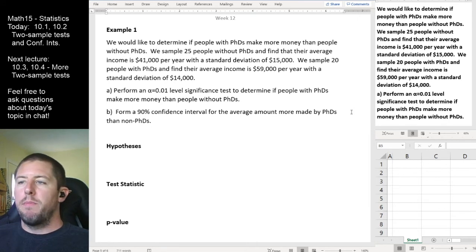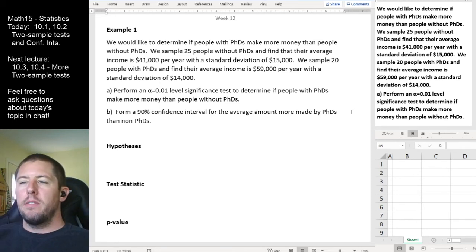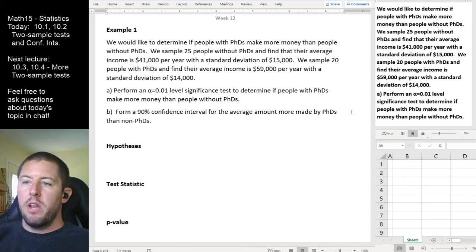We would like to determine if people with PhDs make more money than people without PhDs. We sample 25 people without PhDs and find that their average income is $41,000 per year with a standard deviation of $15,000. We sample 20 people with PhDs and find their average income is $59,000 per year with a standard deviation of $14,000. First, let's perform a significance test, a hypothesis test with a significance level of alpha equal 0.01